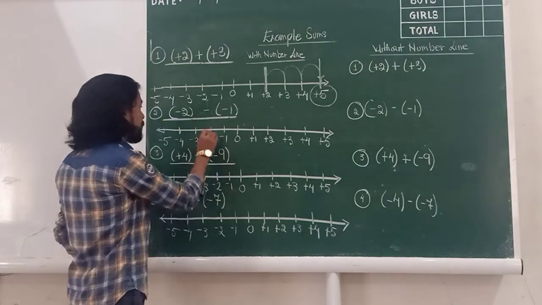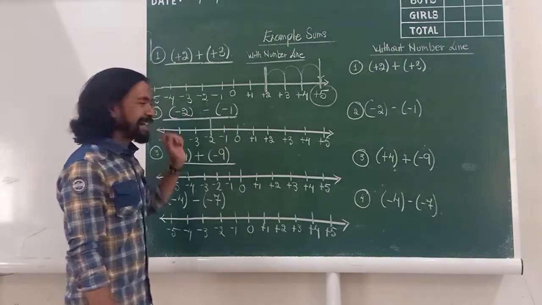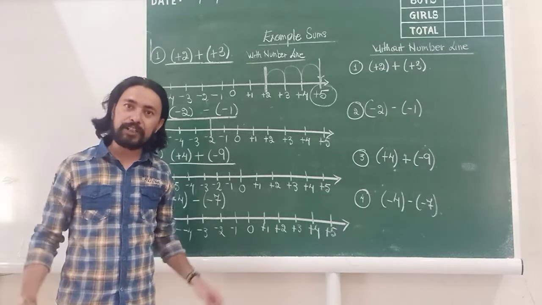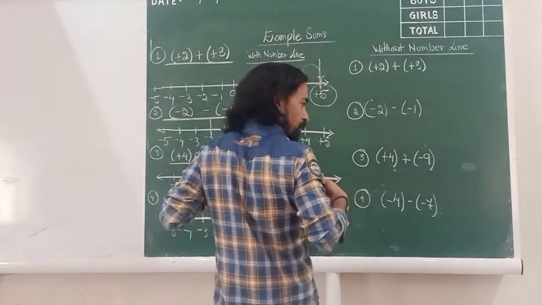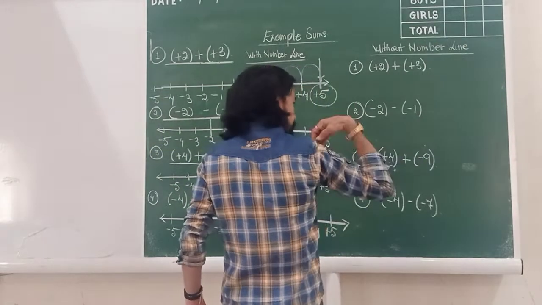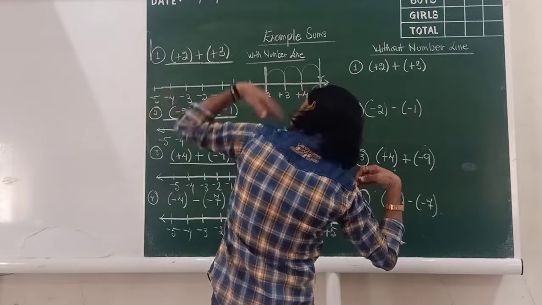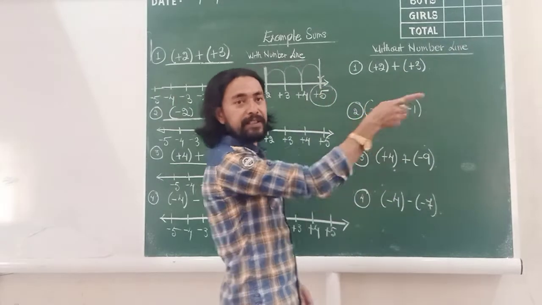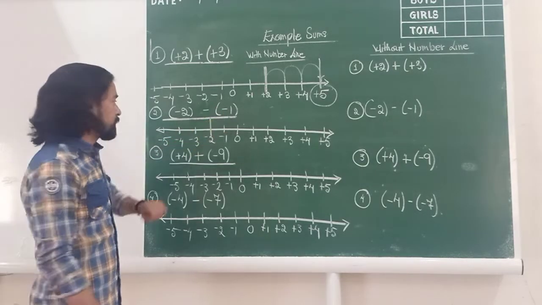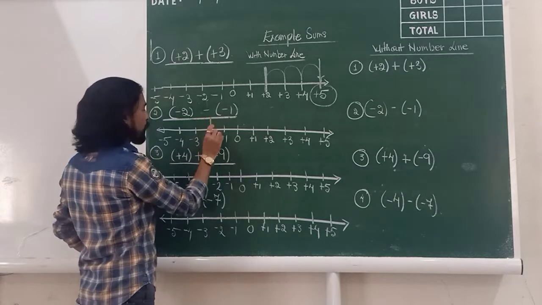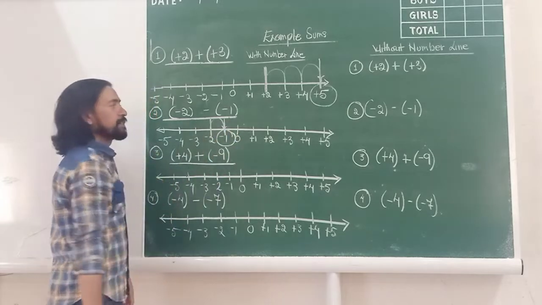So -2 is my beginning, my starting point. The first number tells me my starting point. Subtract -1. Subtract negative integer. Look at the chart, the first diagram. Add positive. Subtract positive. Add negative. Subtract negative. So subtract negative. Which side am I moving? Right. How many places? Only one place. So from -2 I will come to -1, and -1 is my answer.